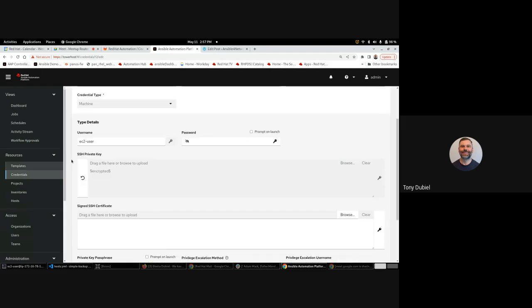And this one has an SSH private key. So that's how we're connecting to that server that's in AWS that has the username EC2-user. So that credential only works in AAP over here. But in my other settings, remember, we actually tell it where the key is locally, and then I have the